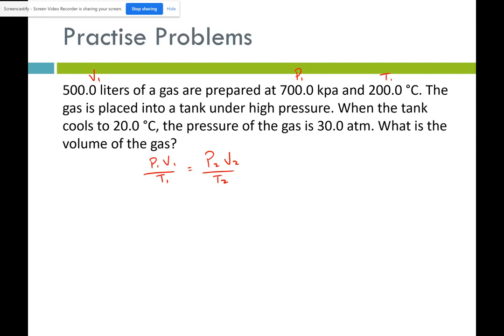The gas is placed under high pressure when the tank cools to 20 degrees Celsius, so this is my secondary temperature, and the pressure of the gas is 30 atmospheres. This is my P2. What's the volume? So we need to figure out what volume is. Now, we do automatically have to convert those two temperatures into kelvins. Okay, so it's going to be 473.15 kelvins, and